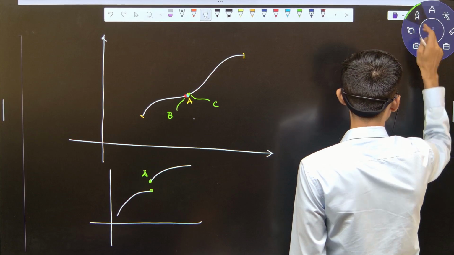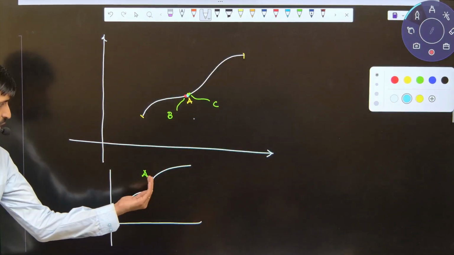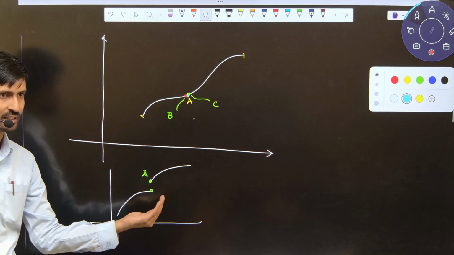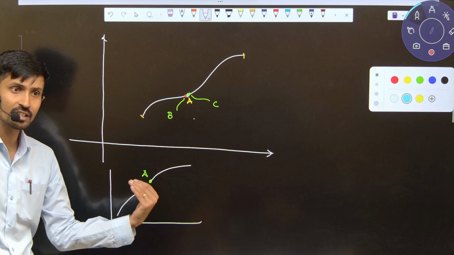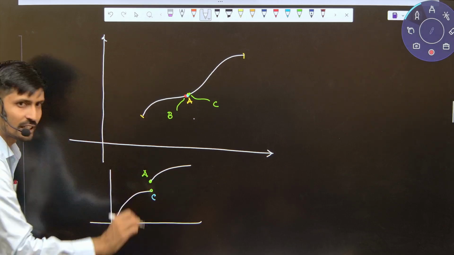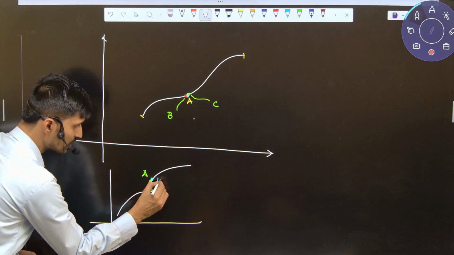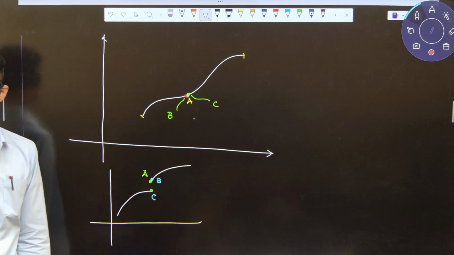Discontinuous. What is the reason? Left point or right point? Left point is the reason, or right point is the reason? Left point is the reason. And what is the reason for left point? Left point, this C point is not touching A point, but that side it is continuous. B point is